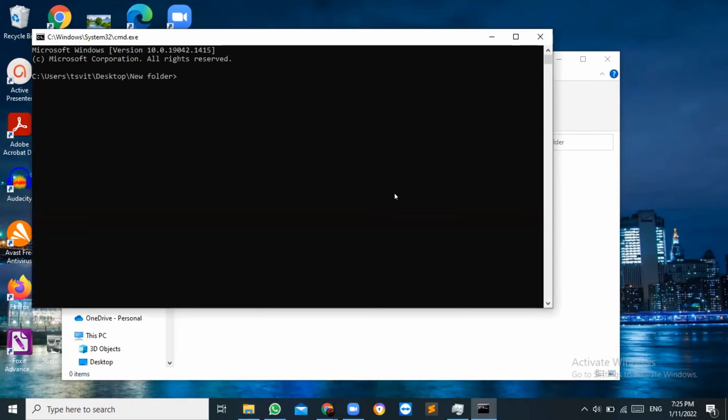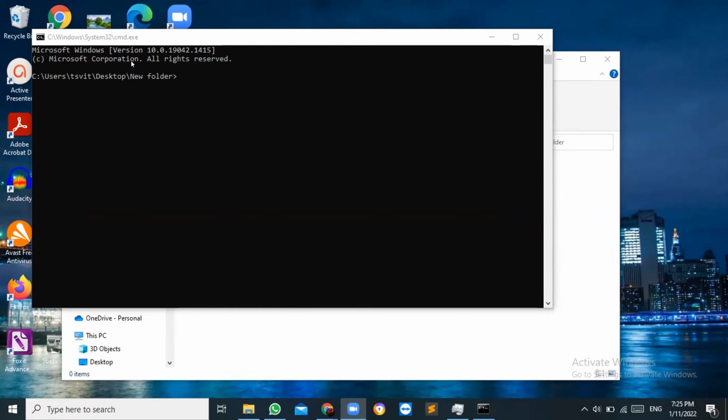Okay, now what is the path? Others, can you see the path? Yes, sir. See, Users, Tisal, Desktop, New folder. So I think now you can understand this because I have given you enough examples.